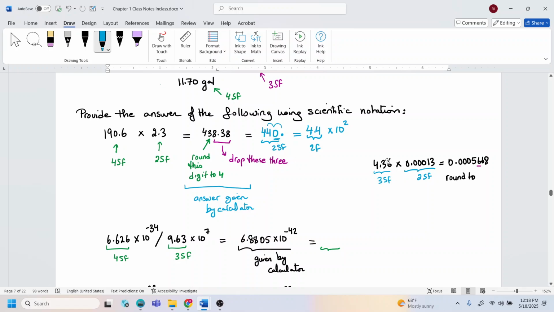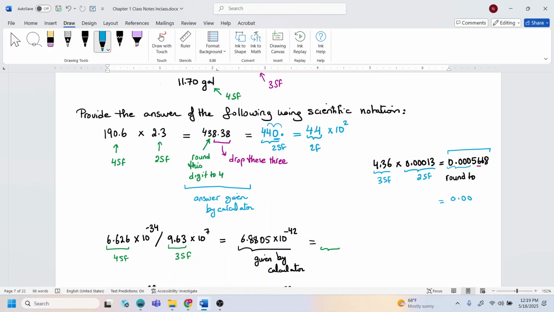Let's have another example here. So 4.36, this is 3 sig figs. This one is 2 significant figures. So my answer has to follow 2 significant figures. That is the answer that is given in the calculator in there. So I need to make it 2 significant figures, and I know that all of those zeros are not significant. So that is going to be